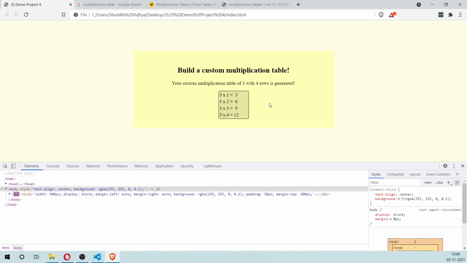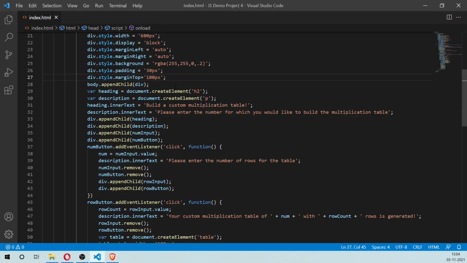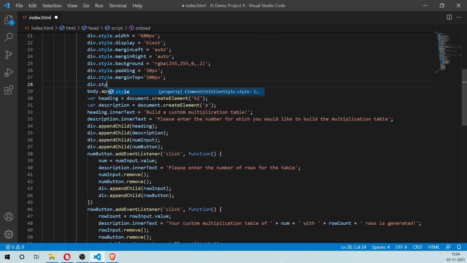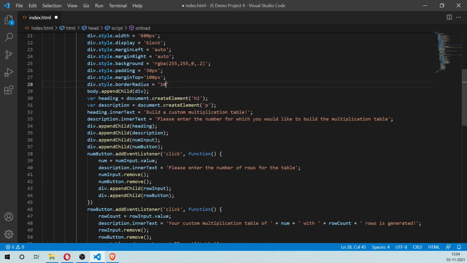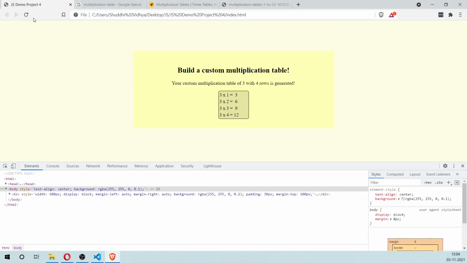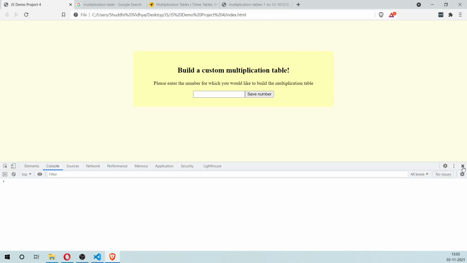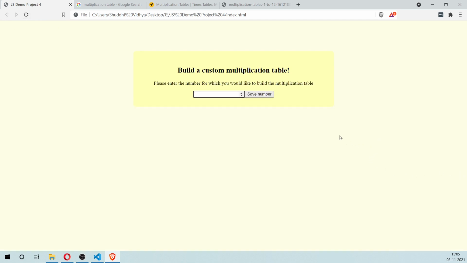We have a very attractive looking page with a lot of styling that's happened here. We can also give the div itself a border radius. Give it a 10 pixel border radius, which will look a little more stylized. So maybe you can't see it, but it's there. Okay, so we generated the table. So there we go. We have an attractive looking page.